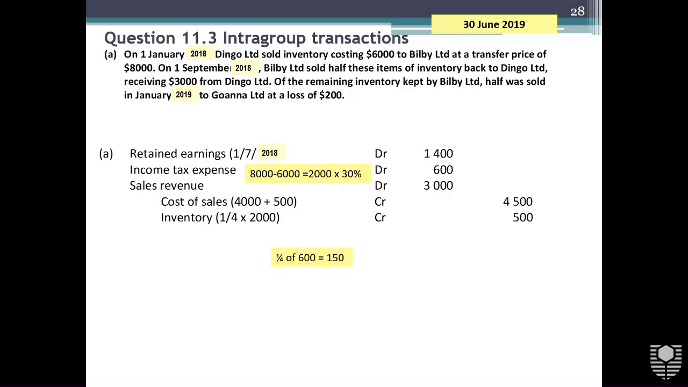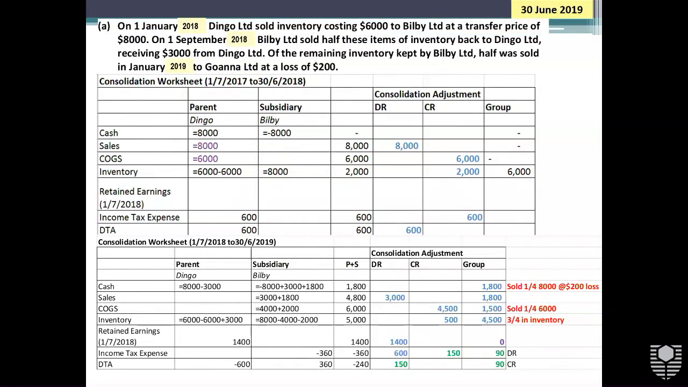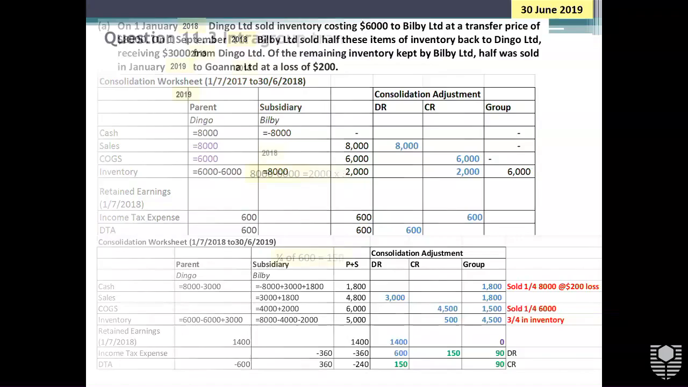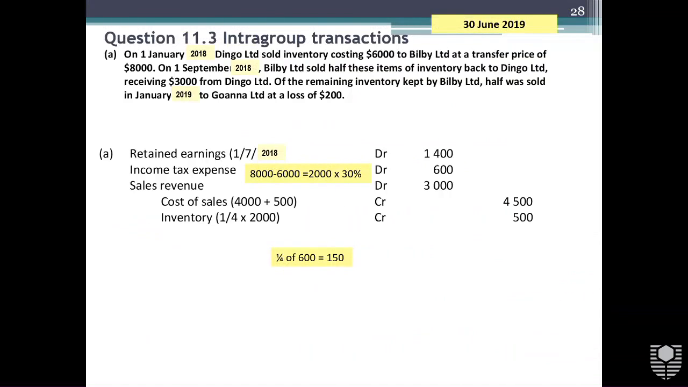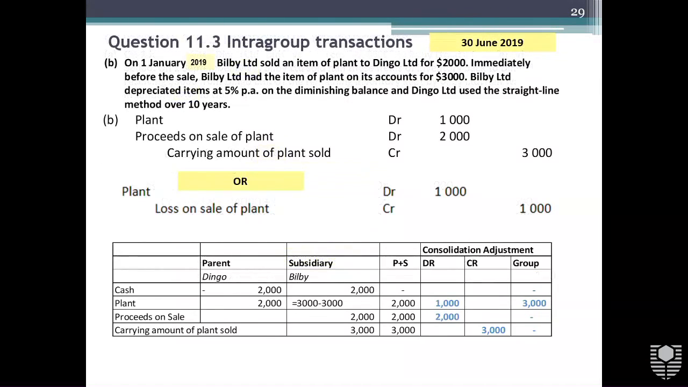All right, so it takes a bit to get there, but you can see your pluses and minuses, making sure that our group accounts only reflect transactions with external parties. Okay, so it's a little bit in that one, a bit complicated. B,